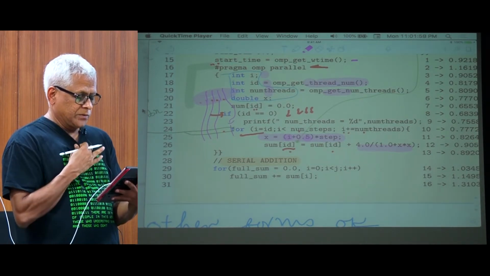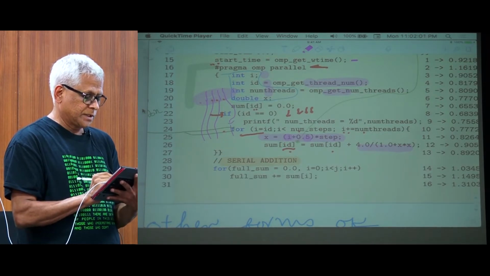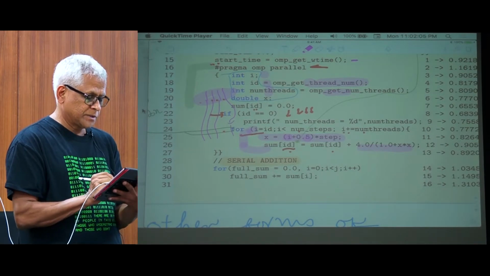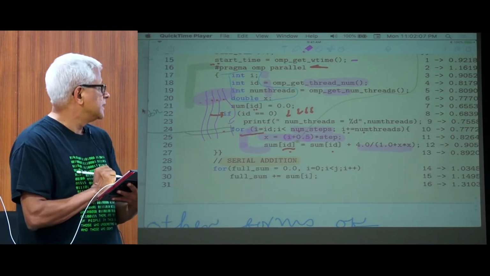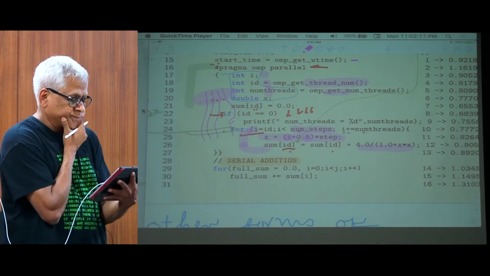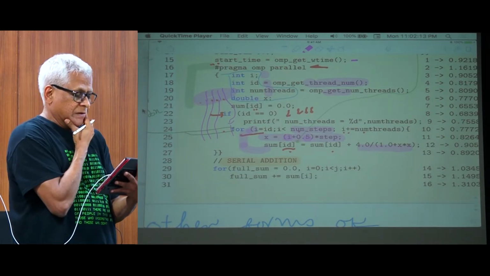So thread 0. What is thread 0 going to do? Thread 0 is doing this for loop. How many times? Num step times. In num step iterations of thread 0,